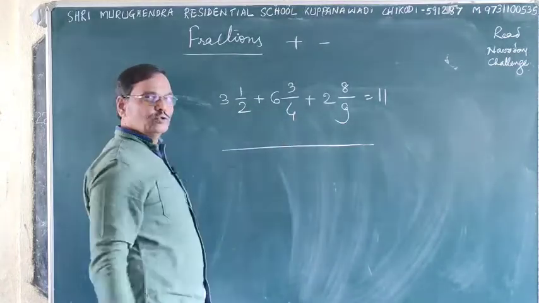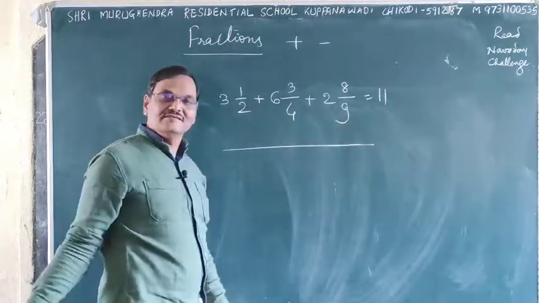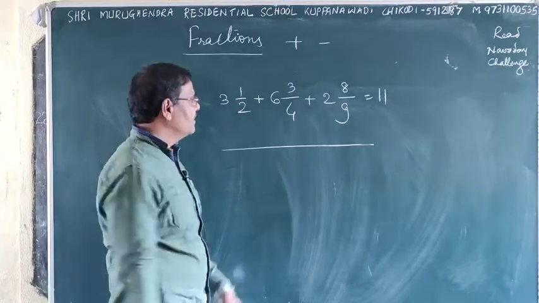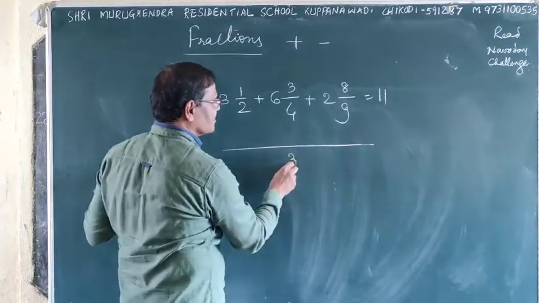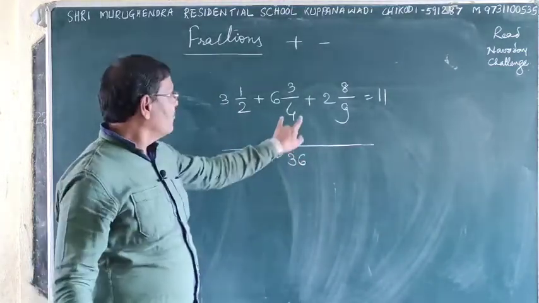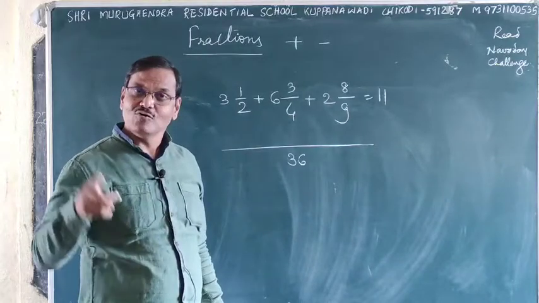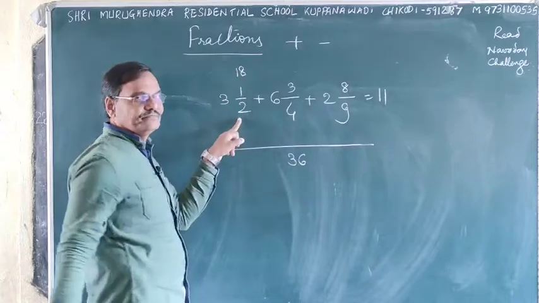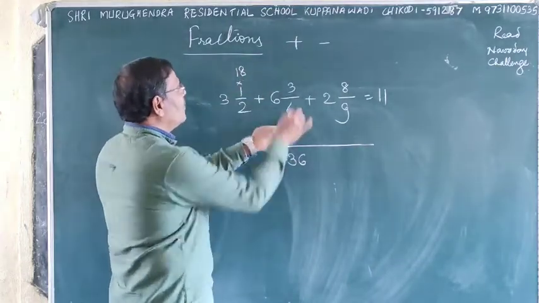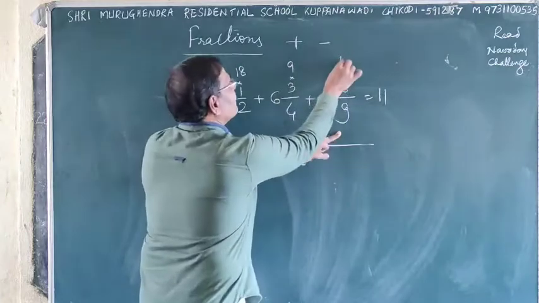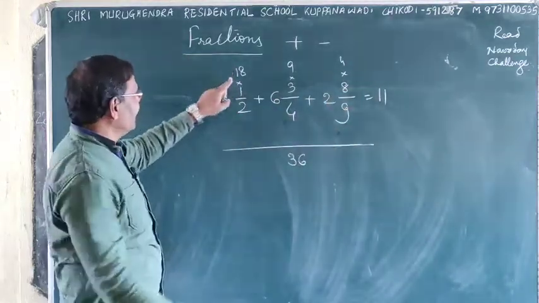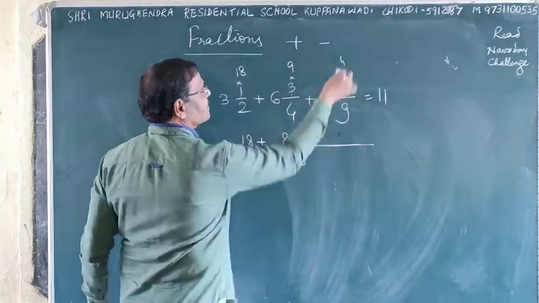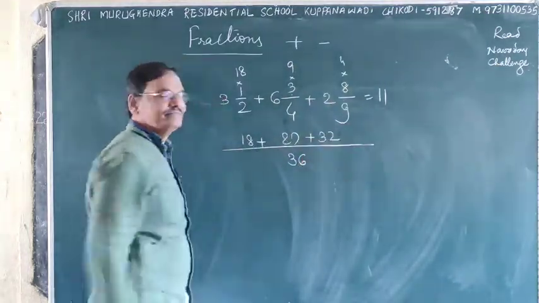4 is the multiple of 2. Then 4 and 9's LCM is okay. See, 4 9's are 36. Because 4 and 9 are co-prime numbers. Only 2. Then 2 18's are 4 9's are, 9 4's are 18, 1's are 18 plus 9 3's are 27 plus 4 8's are 32.